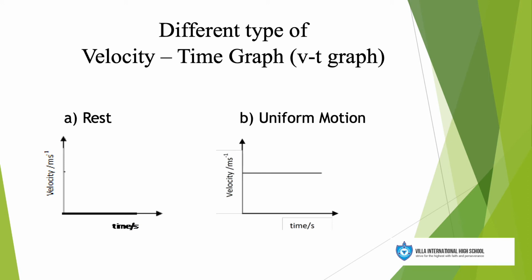And velocity throughout the time, the same velocity, which means that velocity is constant and there is no gradient, which means there is no acceleration. So the second graph represents uniform motion. Now the third one, C,